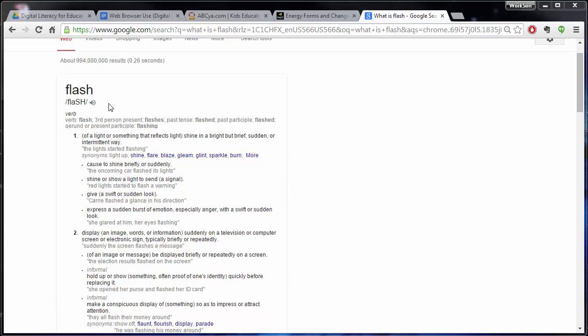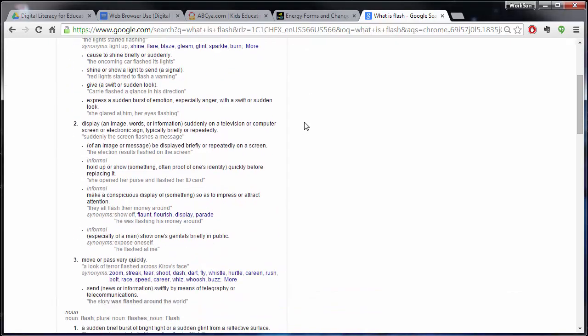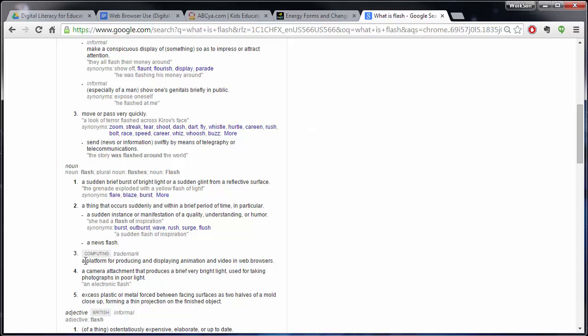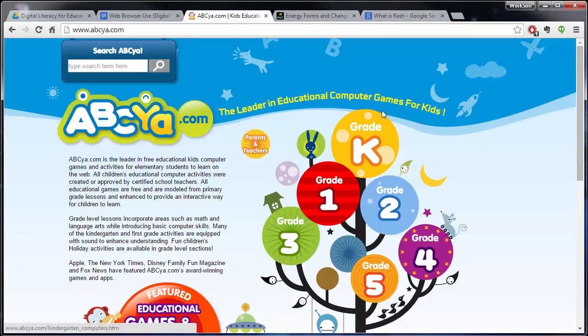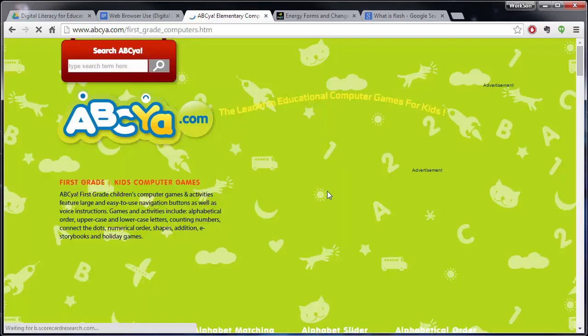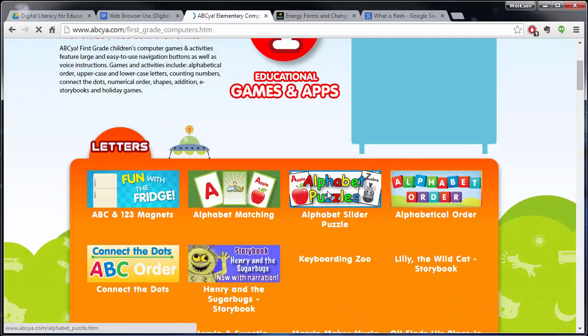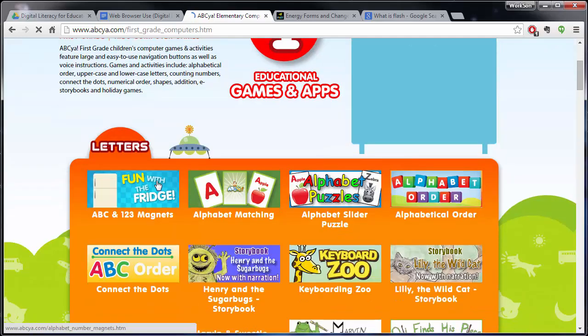You might be somewhat familiar with that term, so I just looked this up again. What is Flash? And one of the definitions when you scroll down under computing is a platform for producing and displaying animation and video in web browsers. So a lot of websites, especially kid games like abcya.com, will use Flash. So if I try to go into one of these games, let's do the fridge magnets,